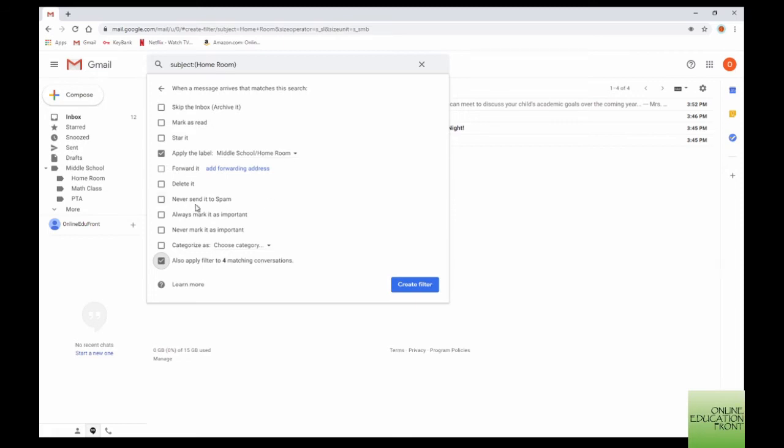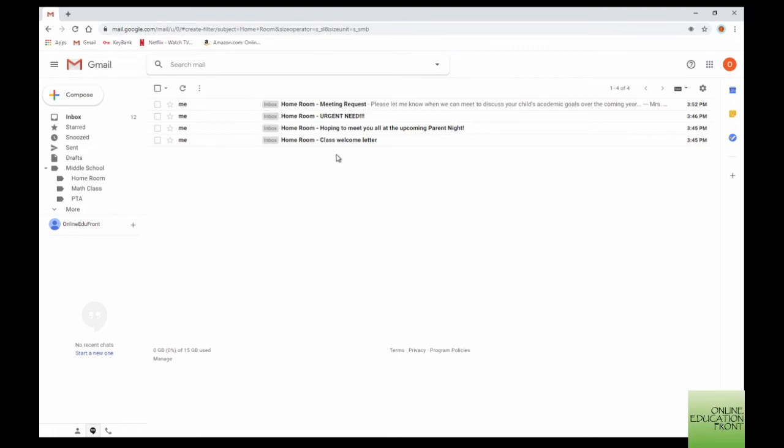So then you've got: don't mark it as spam, definitely mark it as important, never mark as important, change the category. These are your tabs across the top. If you want to make sure it drops into a particular tab, you can do that. So there's lots of options. So here we're just going to have these messages go to homeroom. We'll create the filter,